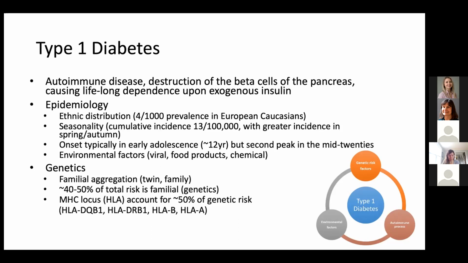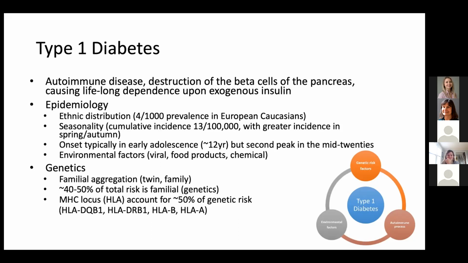The highest rates of type 1 diabetes are observed in European ancestry subjects, and the lowest in Asia, but the rates are increasing worldwide by 2 to 5% each year. We also see seasonality, with increased diagnosis in spring and autumn. The onset is typically around 12 years of age, which is a little different from other common diseases. So it's juvenile onset, but there are also type 1 diabetes cases diagnosed at a later stage, in the 20s